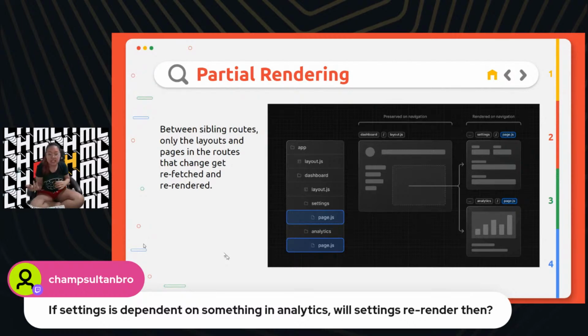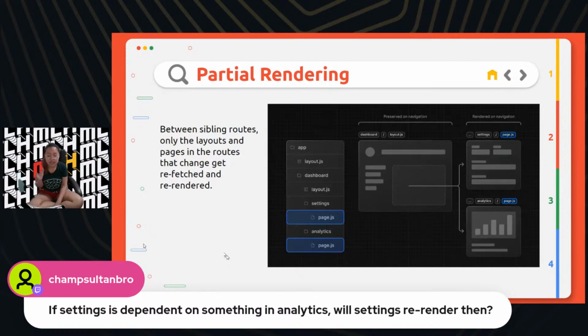But if it's only a little bit, like let's say your analytics is a dashboard of how many pings you get, and then your analytics will tell your settings, based on how many pings you get, this is the setting that you apply, right? If it's a tiny thing like that, it would make sense that both get re-rendered.